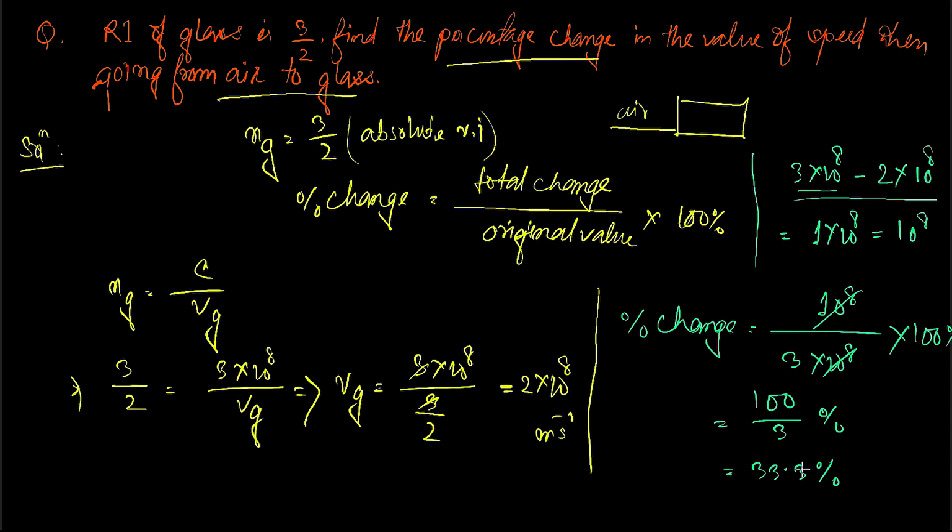I have completely covered all the parts of this light lesson, from reflection to refraction, from mirror formula to lens formula, from image formation by mirrors to image formation by lenses. All these things I have covered. The new term, the refractive index, I also covered. But when we try to solve these kind of problems, we get some new problems like these, and we get these formulas. So these things are quite necessary. Never skip them. Before trying to solve problems, you have to clear your concept about that.